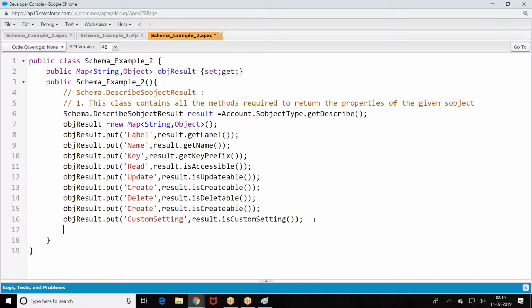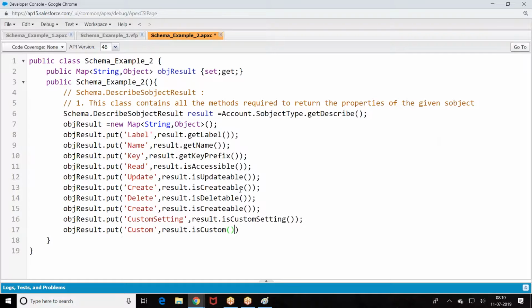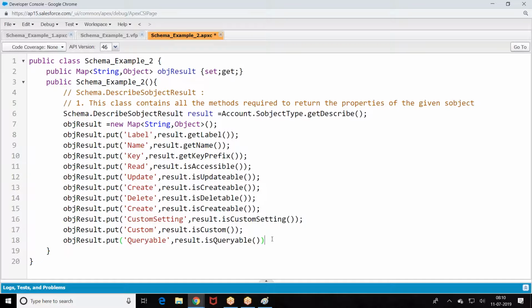I want to know whether it's a custom object or a standard object. objectResult.put. Queryable or not. Mergeable or not. All these are what? Properties. We are trying to get the properties of this object.